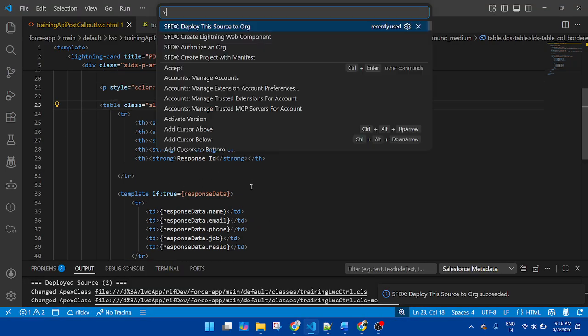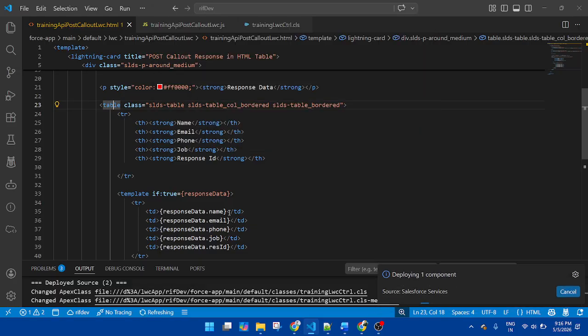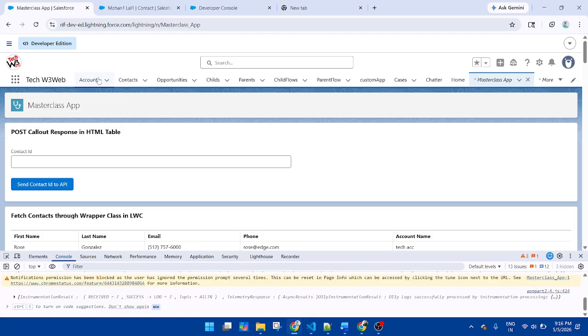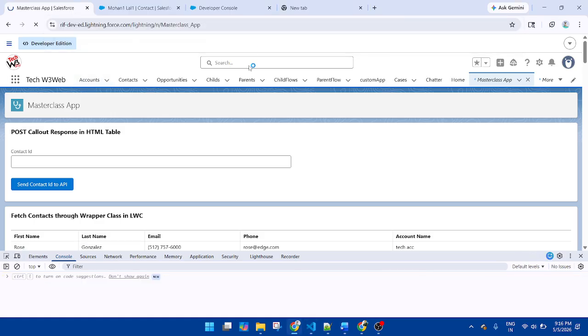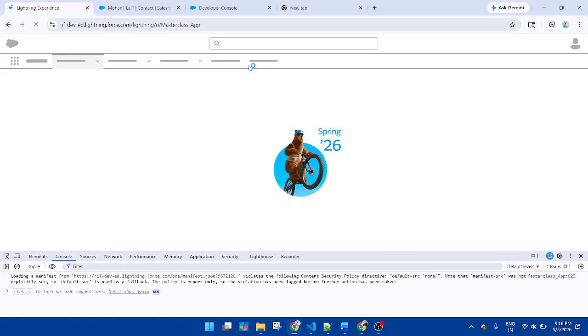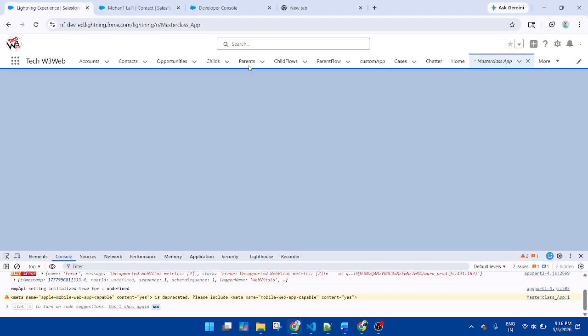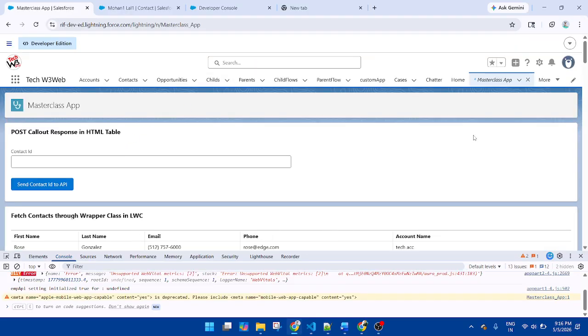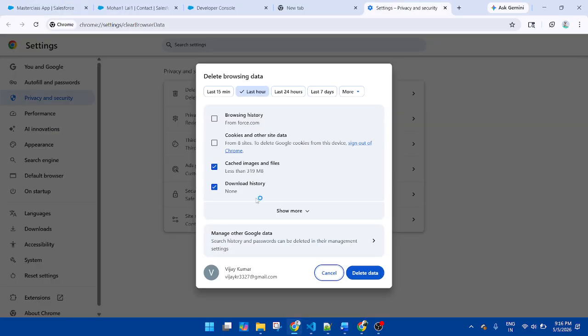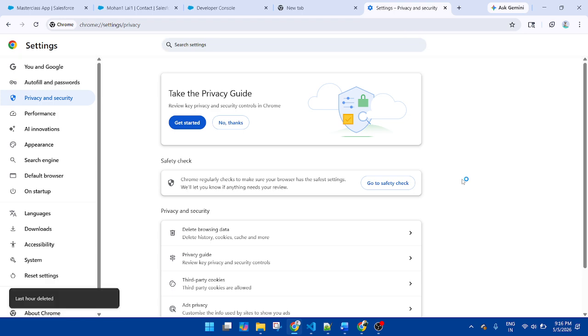If I deploy the code once again, why is it not reflecting?